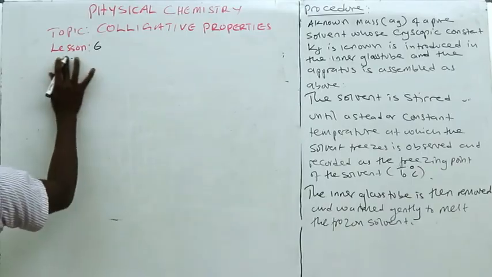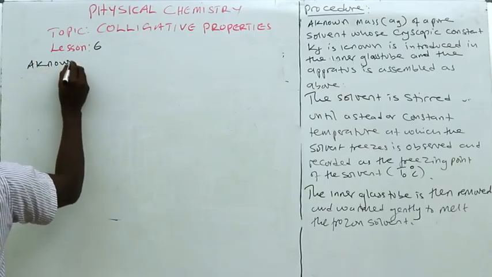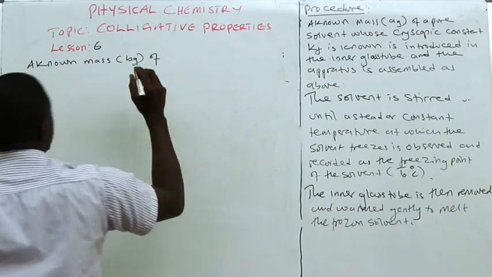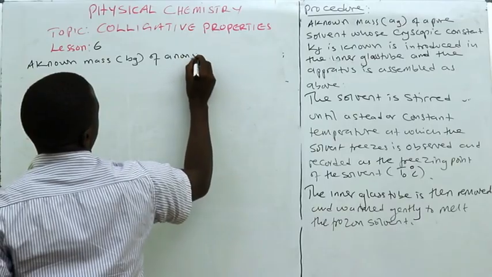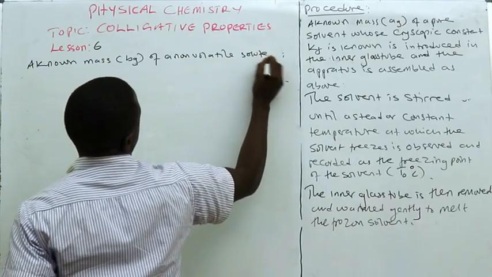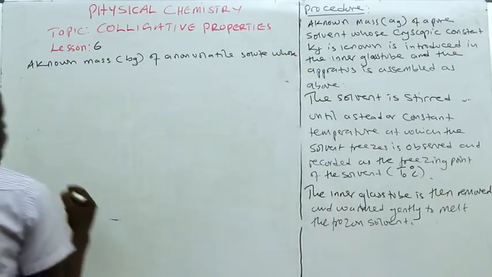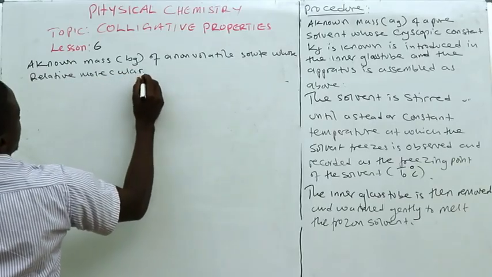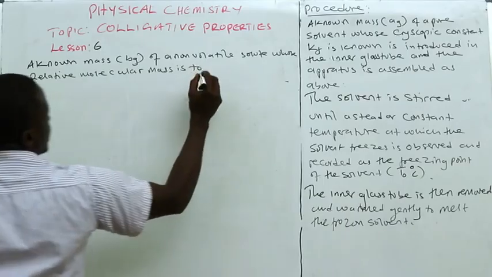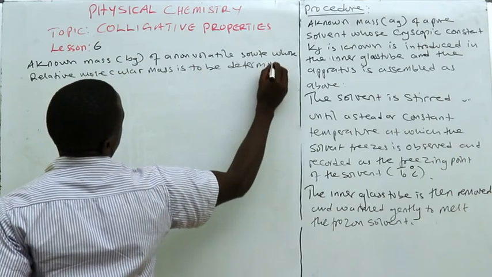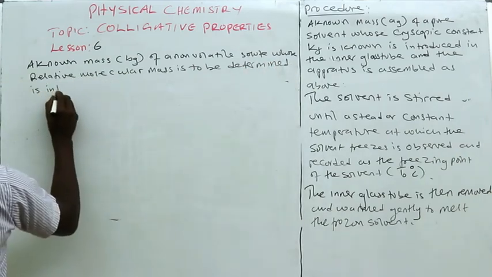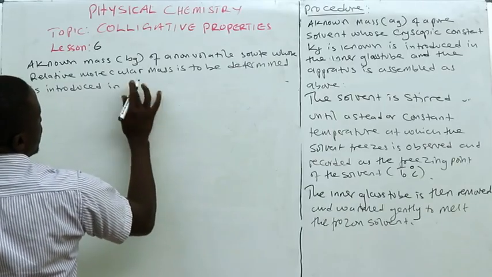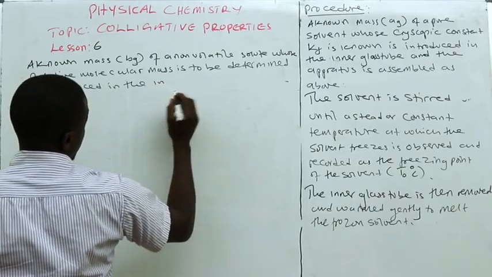And that now, a known mass, maybe I can call this one now B grams of a non-volatile solute, whose relative molecular mass is to be determined, is introduced in the inner tube or in the solvent,